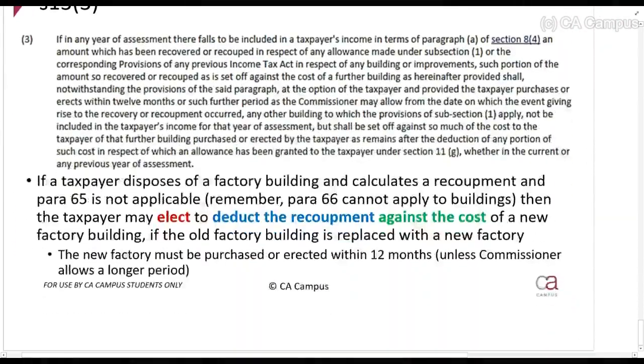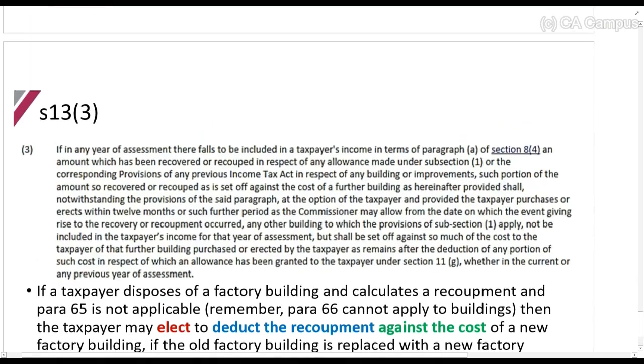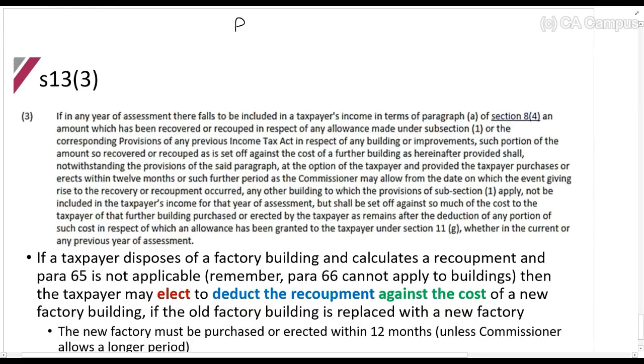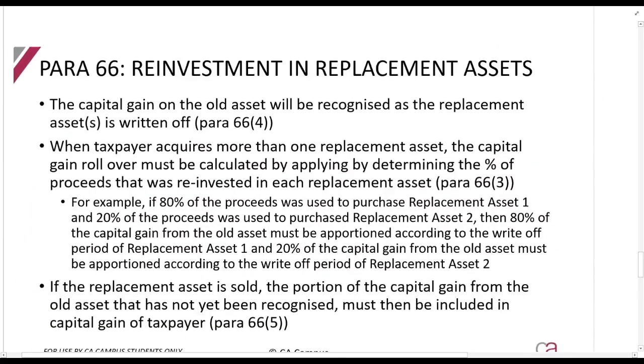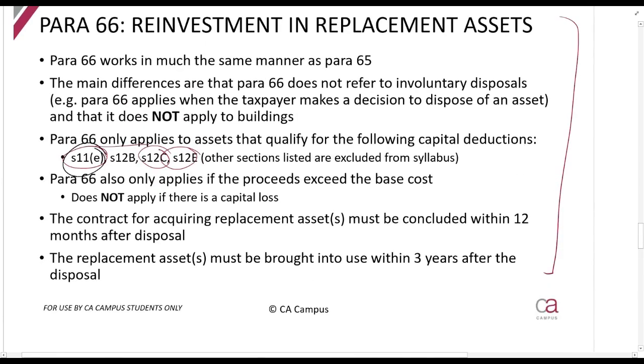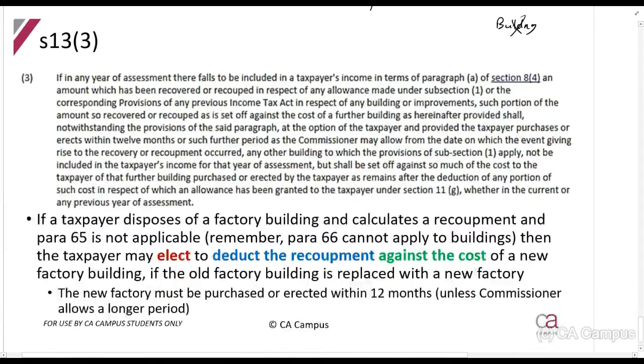Now the one section I didn't study yet is section 13.3. Now, when we looked at paragraph 66, we saw that if you have an old asset and a new asset, right, if you have a building in any of these slots, then this section cannot apply. Why? Because paragraph 66 only applies to assets which qualify for wear and tear, section 12C, section 12E, so not section 13 assets. Now,